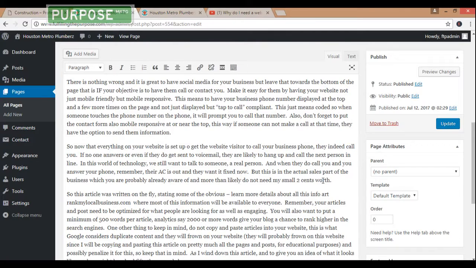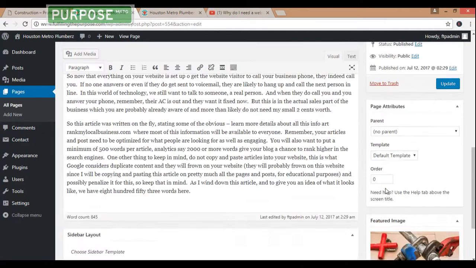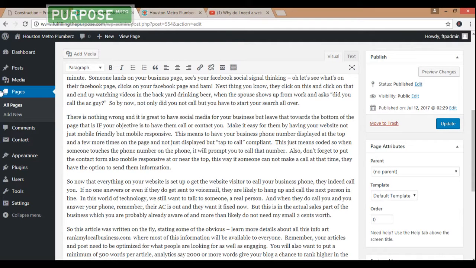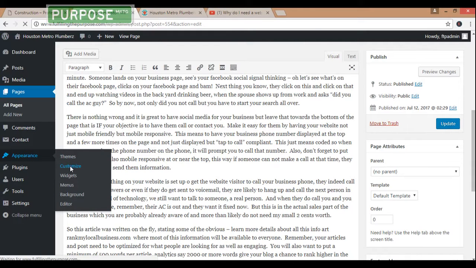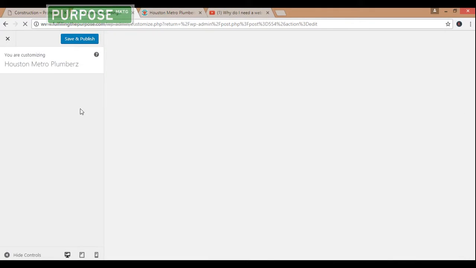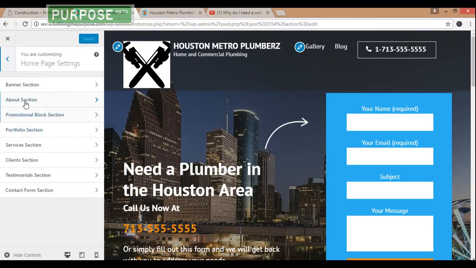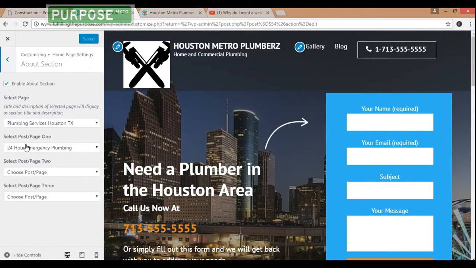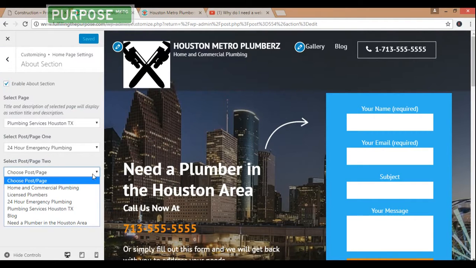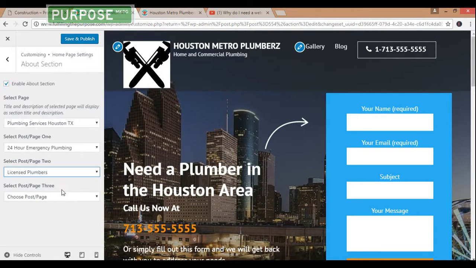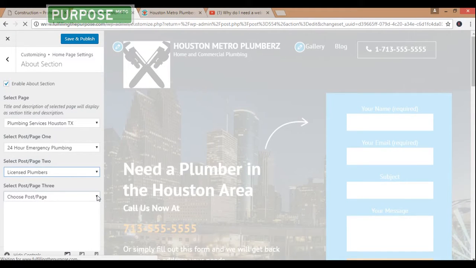All right, so this is the other page. You see we got the picture here, and it's been updated. So we're going to go over here into appearance, go back to customize, and get back to this menu here. All right, this is in the home page settings, and it's under the about section. Remember we got these two here, and we just made those two up. Now we're going to go ahead and select those. The second one was licensed plumber, and the third one was